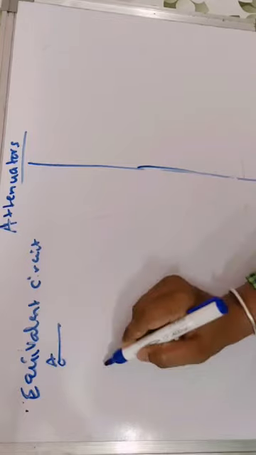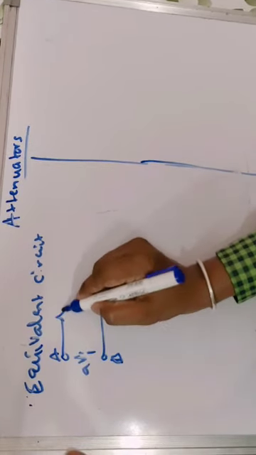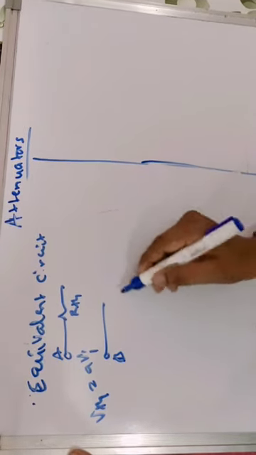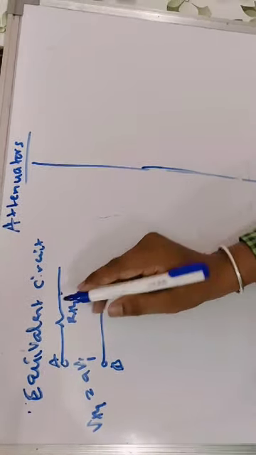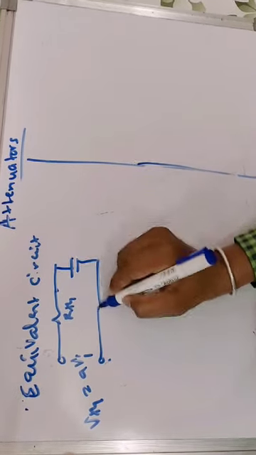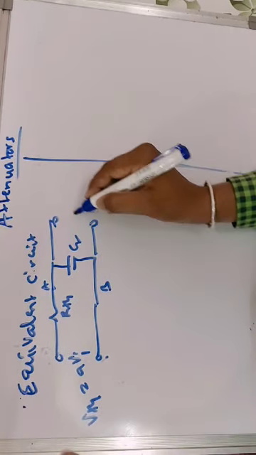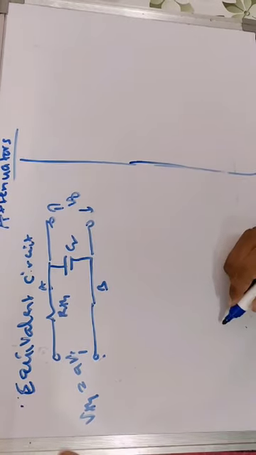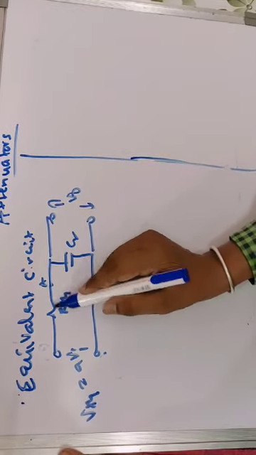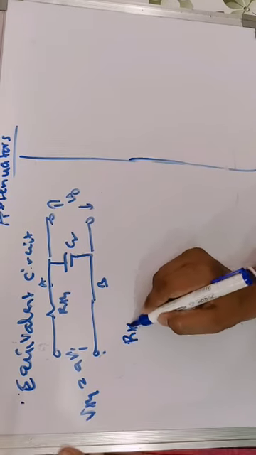So the equivalent circuit between the terminals A B is a voltage A into Vi and the resistance RTH. This is called Thevenin's voltage in series with RTH, and the element connected between the terminals A B is the capacitor C2, and the output is taken across these terminals. Now to reduce the loading effect, we need to consider this resistance as large as possible. So let us take this RTH as R.